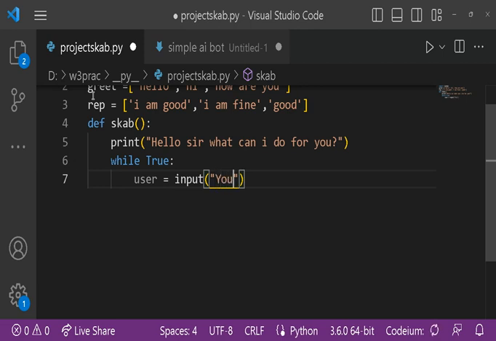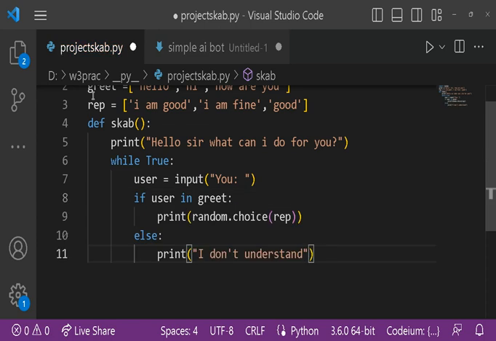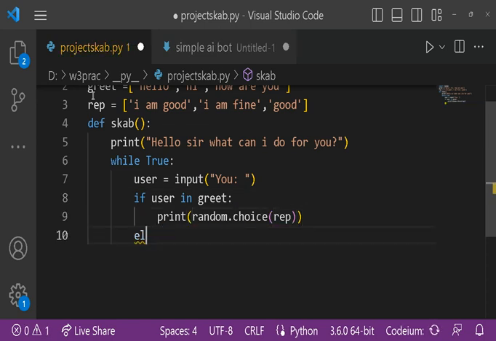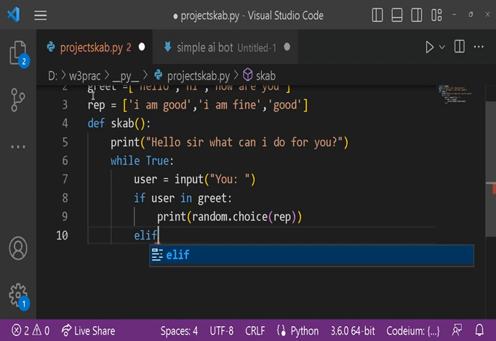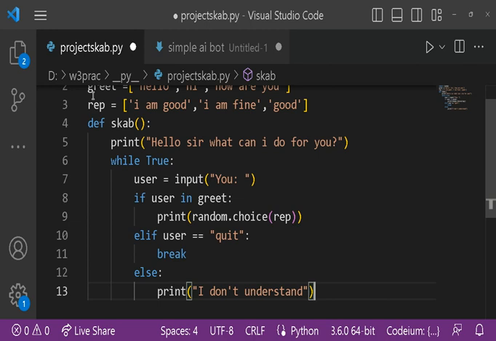Make it u. Okay, just wait. User input. If our input belongs to greet, then respond from the reply, so we will use random choice. Otherwise, if it is equal to quit, then break.